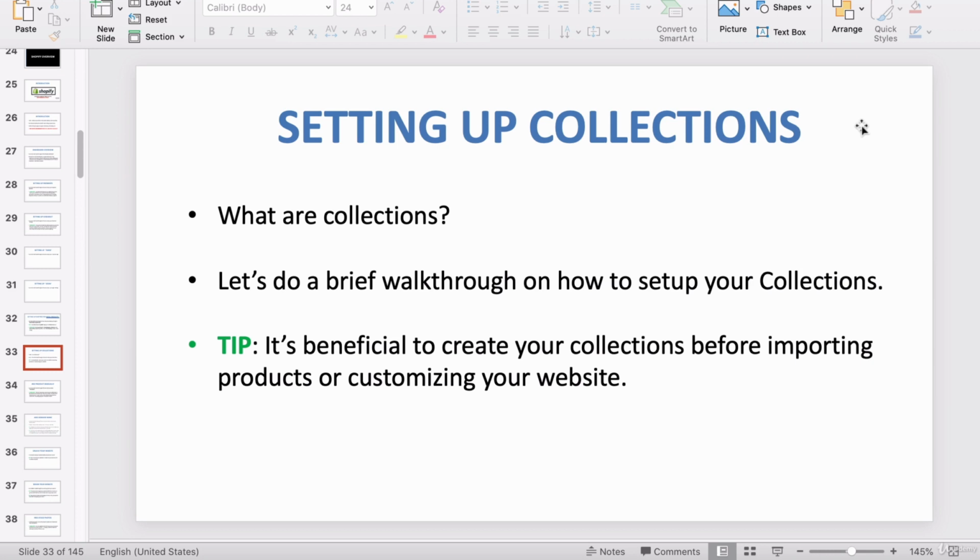Also, when you go to customize your website later, there will be sections on your homepage where you can select a collection that you have to show up on that part of your homepage or whatever part of your website. So it is beneficial to have your collections created before you go to customize your website. It will also be beneficial to create your collections before you start importing products because